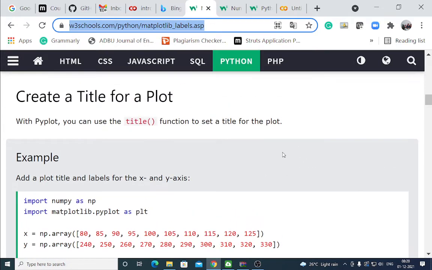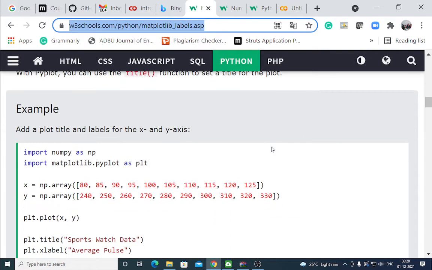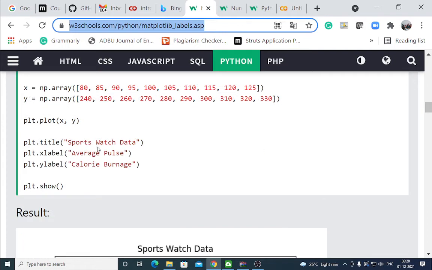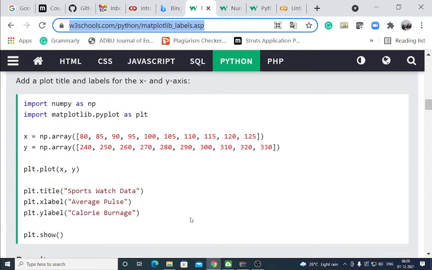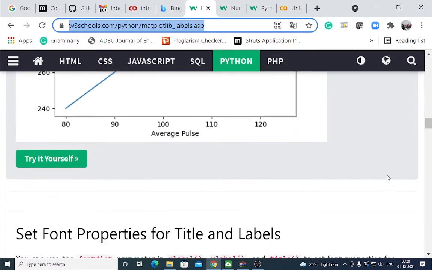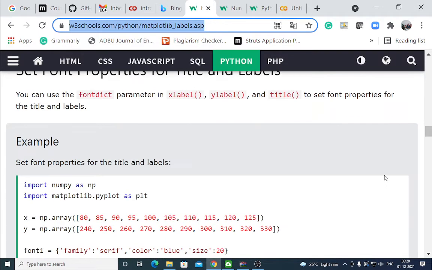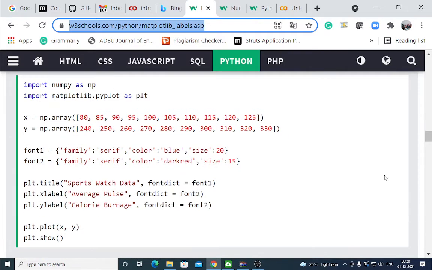Create a title for a plot. How to create a title? Using plt.title. The only change is that the title is sports watch data. You can give the title for the graph. Same code, only you have to add plt.title. You can set font also for the title.